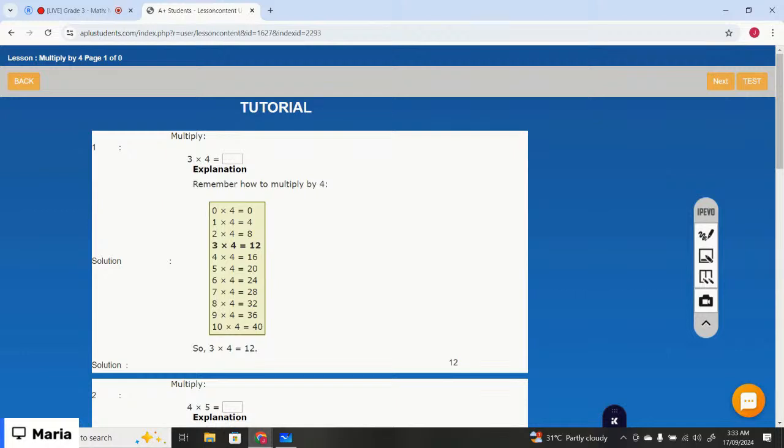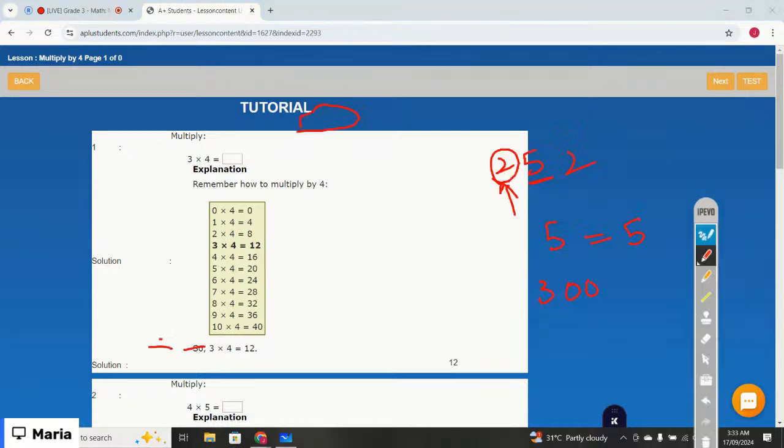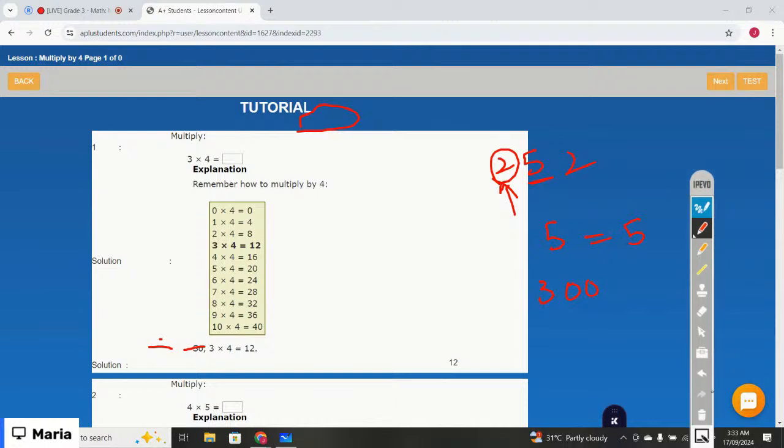Let's just start with the first one, that is 3 times 4. Basically, you have to multiply them, right? So 3 times 4 is 12. That's the table of 4. You need to memorize this table, right? Otherwise, if you still don't know,